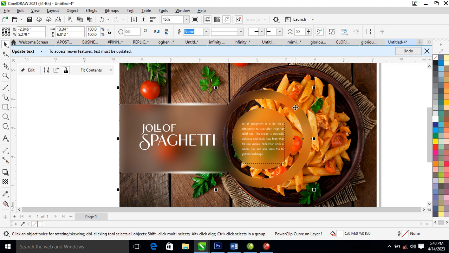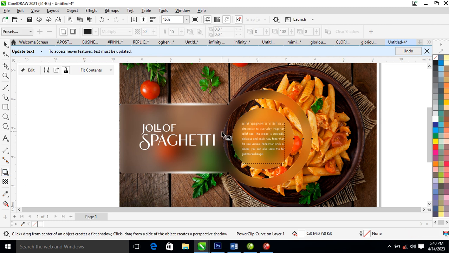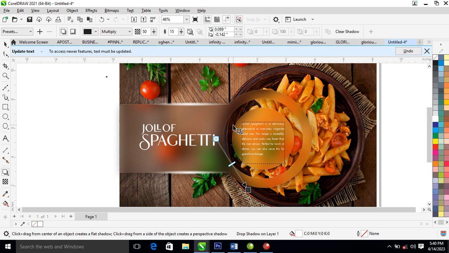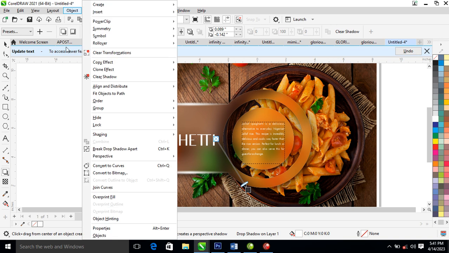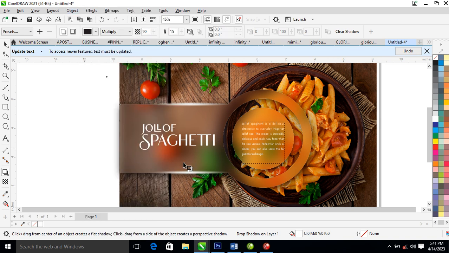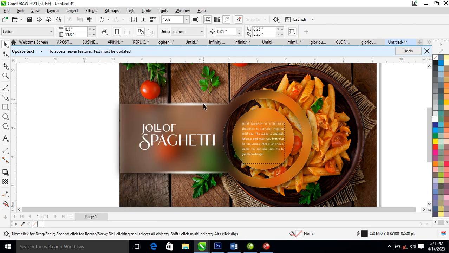So what we're going to do next, select this object that we created. Let's go ahead and just give it a drop shadow. So select your shadow tool, then you apply it on it just like so. So make the shadow a bit thicker, 90. Good. So let's go ahead to Object, then you locate Break Drop Shadow Apart, automatically it breaks. Then